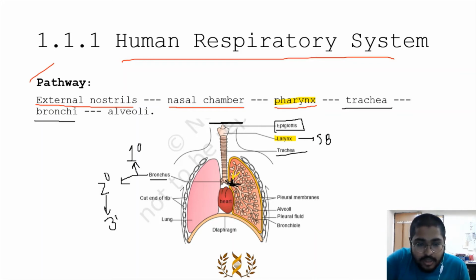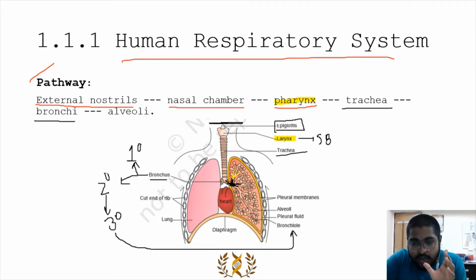And then from the secondary bronchi there are a lot more divisions, which we call the tertiary bronchi. These tertiary bronchi then get divided into lots of smaller branches called bronchioles, or terminal bronchioles. These are also branching structures, and then this whole bronchi thing is followed by a very special structure, the defining unit of the whole human respiratory system, that is the alveoli. We will be discussing alveoli in detail, the whole structure and the whole function of it.